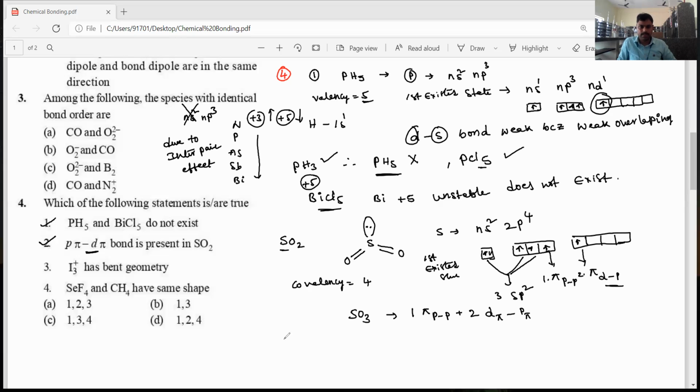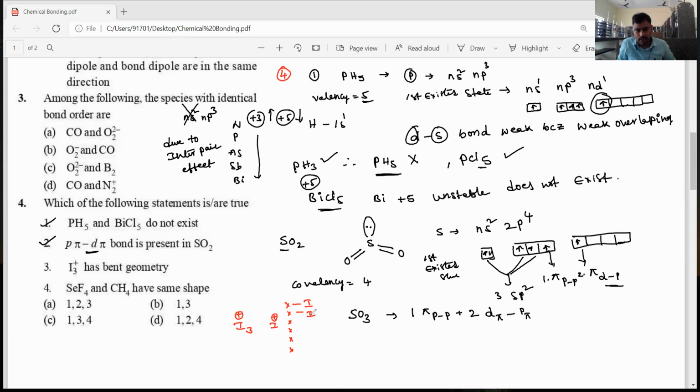And the third one, I3 plus. One iodine is the central atom, and I plus has total valence electrons of 7 minus 1, which means 6 electrons are present. I am using the dot method to identify the geometry as well as the hybridization. Due to the positive charge on the central atom, 1 electron decreases. That's why I am taking only 6 dots. And the 2 iodine atoms are bonded atoms.